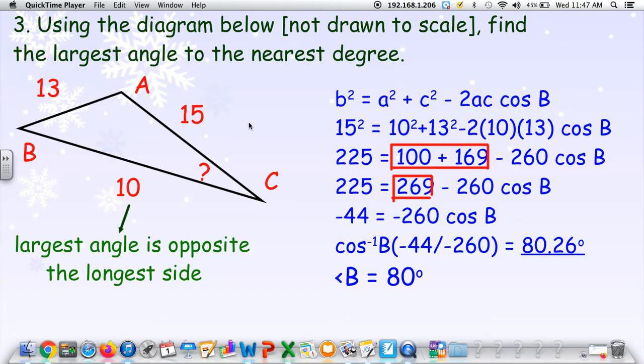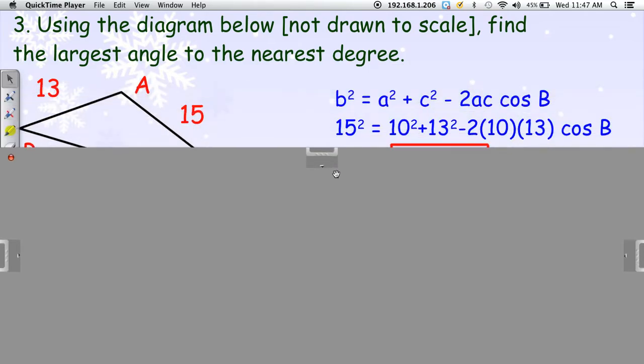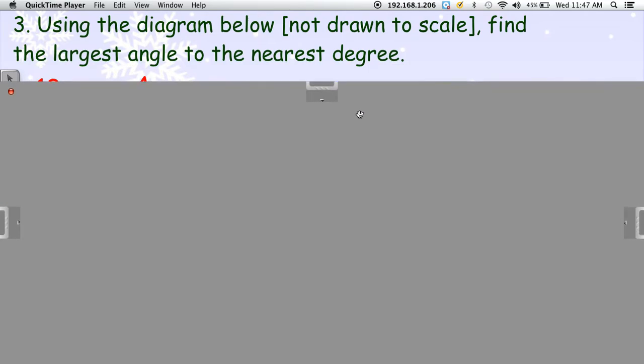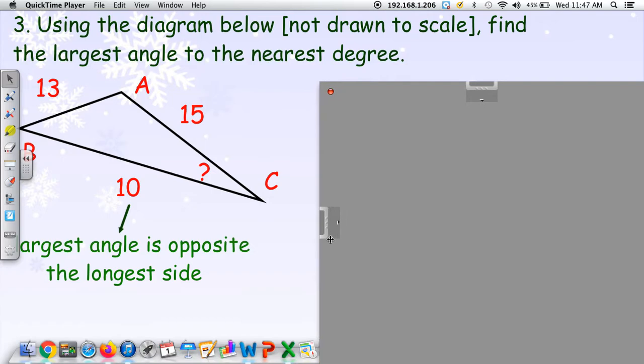Okay, folks, let's look at number 3. But again, what I'm going to do is there's just tons of information here. So let me go ahead and try to make it a little bit more manageable as I'm doing this. Okay,